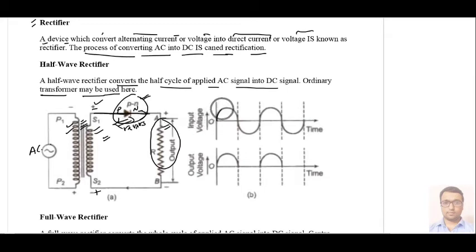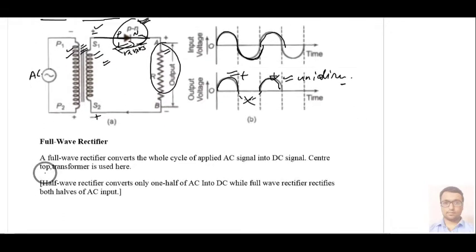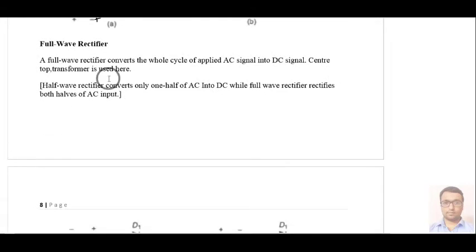So you can see that for the alternating voltage or current, for the first positive cycle we will get output, but for the negative cycle we will not get any output. Then again for the next positive cycle we get output, because in the positive cycle the diode will work, and in the negative cycle, in reverse bias condition, the diode will not work. So we are getting voltage or current in one direction only, which is unidirectional. In this way we have converted AC to DC, AC voltage to DC voltage, or AC current to DC current.